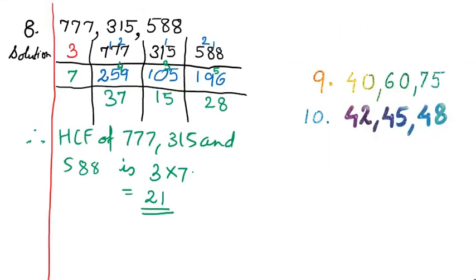So now write down this 8th sum in your CW neatly in good handwriting, and after solving the 8th sum, on the side I have written the 9th and 10th sum. You will solve these two sums on your own. Before that, all the 8 sums from practice set 12 should be completed, and then you will write the 9th and 10th sum and find its HCF. Okay, so here we are going to finish practice set 12. Question 1. I hope you are completing the books. So write neatly in your CWs.